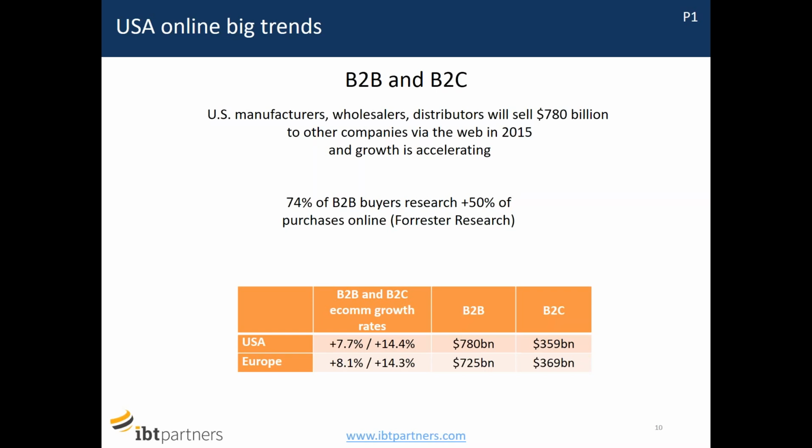Just in terms of some of the stats, if you're comparing the United States to Europe, for example, in terms of millions of shoppers, Europe has about 225 million and America has about 210 million e-shoppers, people who shop regularly. In fact, 68%, so nearly 70% of the U.S. population say that they shop online at least once a month. So that really is a paradigm shift in the way people are buying. That's again B2C, but B2B is equally present.